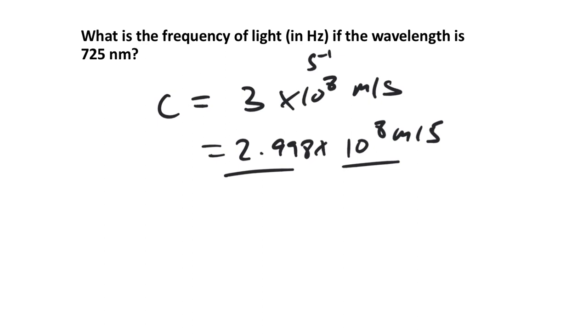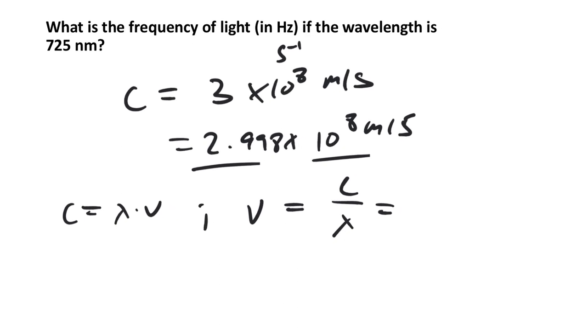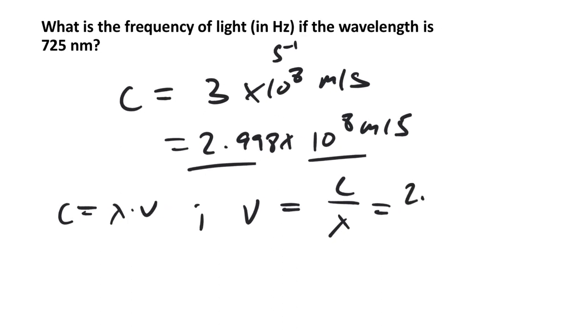But if we're wanting to solve for a frequency, c is equal to lambda times nu, and we're trying to solve here for that frequency, so c divided by lambda. This is another problem where it's going to be good to use units, because if we just did c divided by the 725, the units aren't going to work out right, so we have to account for units when we do problems like this. So we'll take 2.998 times 10 to the 8 meters per second, and then we'll divide by 725